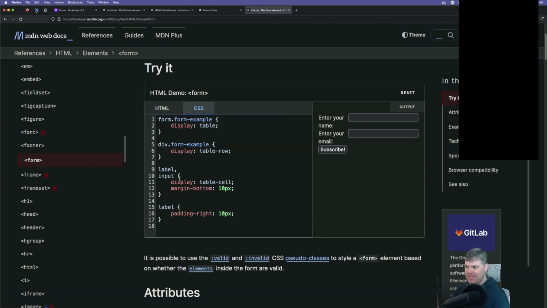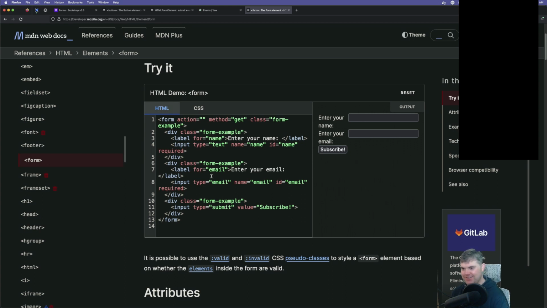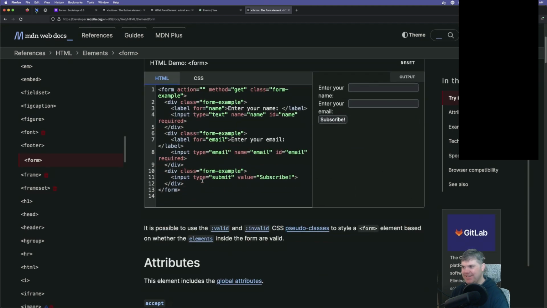Gross that they're using a table. They're using table cells to display it. That seems terrible. I don't know what's going on. I don't like it. Okay, so